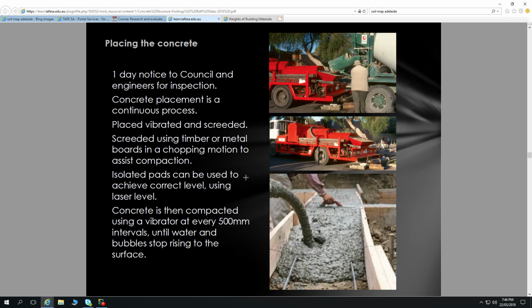You also have to avoid hitting the reinforcing with the vibrator, because if you hit the reinforcing, it moves around inside that concrete and pushes all the aggregate away from the reinforcing. So you get weaker concrete around your reinforcing. So that has to be avoided as well. What we can see in the pictures here,